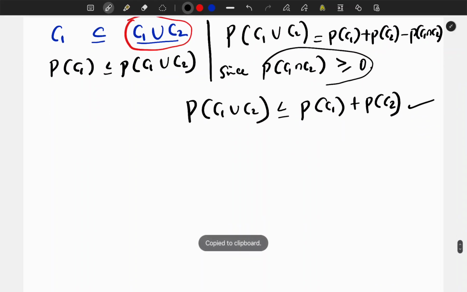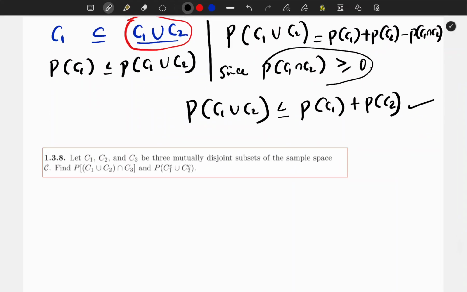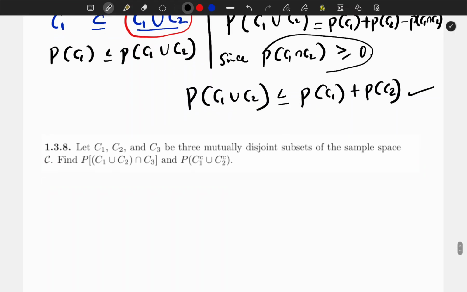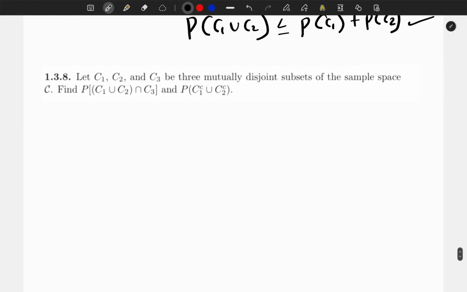So let's see what we have in the next question. We have C1, C2, C3 mutually disjoint subsets of the sample space, and we have to find the probability of C1 union C2 intersection C3. Don't forget the definition of mutually disjoint means that the intersection of any two of the sets is empty, which is 0. So let's start with the first one, probability of